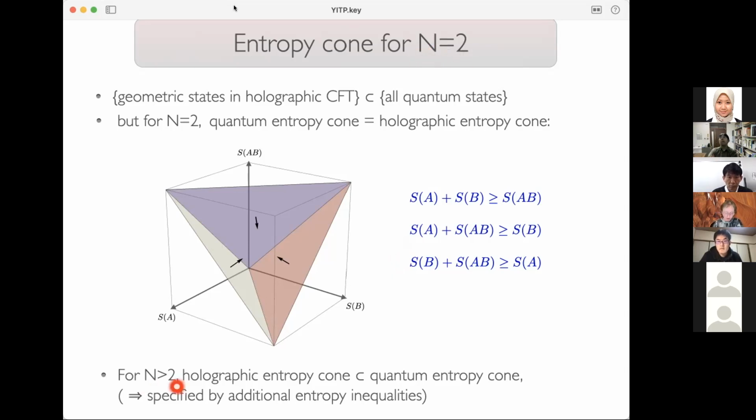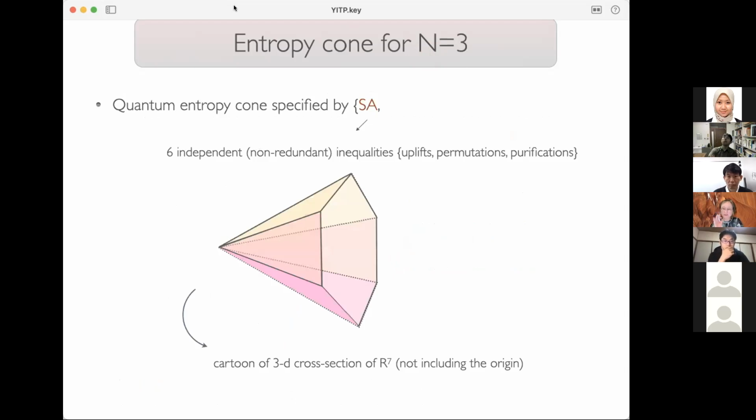Now, for larger numbers of parties, for further refinement, the holographic entropy cone is strictly inside the quantum entropy cone. It's specified by more inequalities. So first let me describe the quantum entropy cone and then restrict that. The quantum entropy cone is specified by the inequalities that Matt already mentioned in his talk, namely the